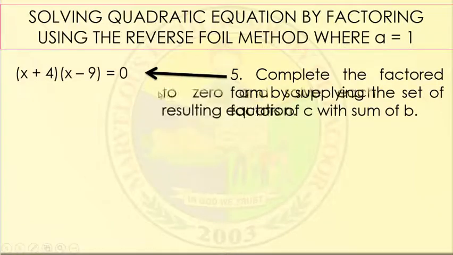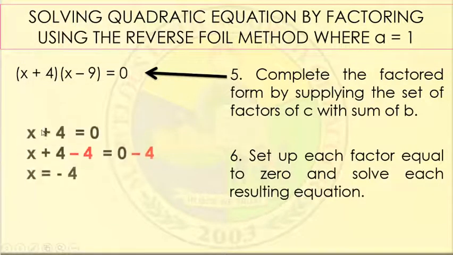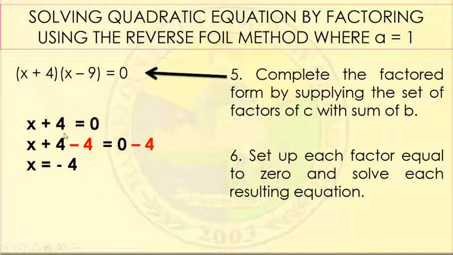Okay, so next, set up each factor equal to 0 and solve each resulting equation. I-equate lang natin yung factor natin ng 0. Kung maglalagay tayo ng 0 in each factor, okay? So, 4x plus 4 equals to 0. So, again, ang unang gagawin dito or ang pinakamadaling gawin dito is to transpose plus 4 to the right side